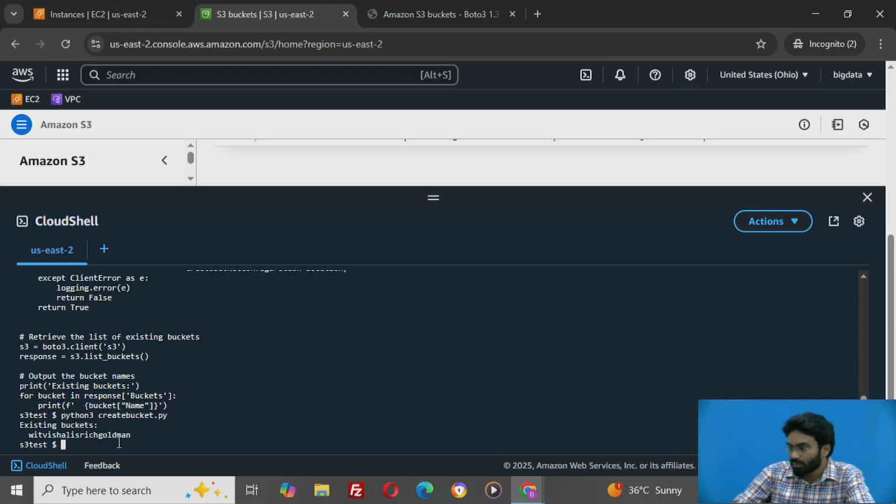Execute this. Okay, so at least you can see this part of the code is properly able to retrieve the list of all the buckets that are currently available. So there might be certain tweaks that we may need to perform for the creation of the buckets. Based on my experience, what I can say is it tried to create some sort of a bucket, and since there was nothing mentioned, it just ignored the creation of a bucket,